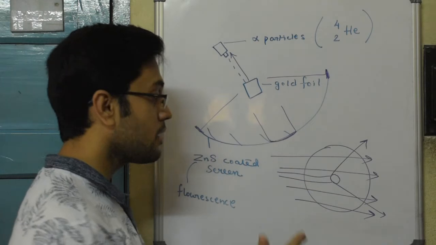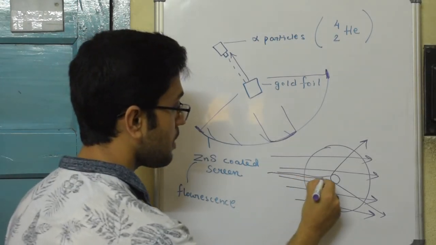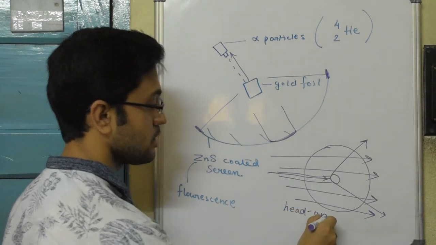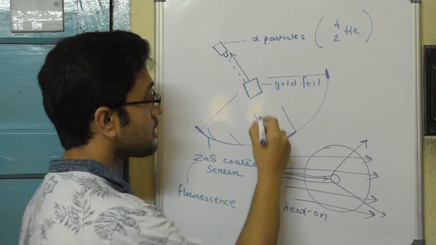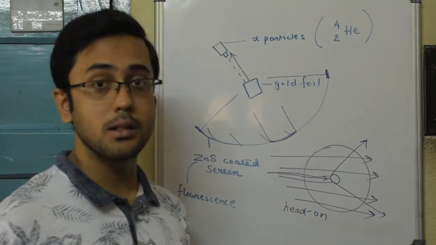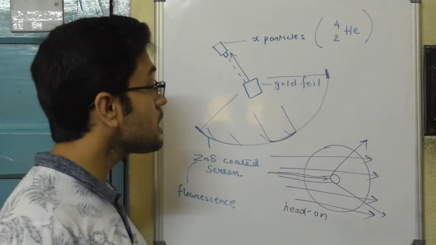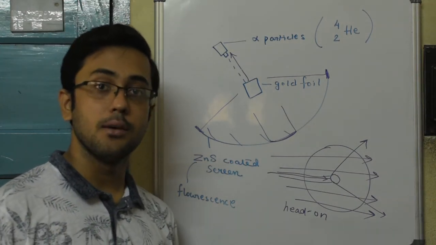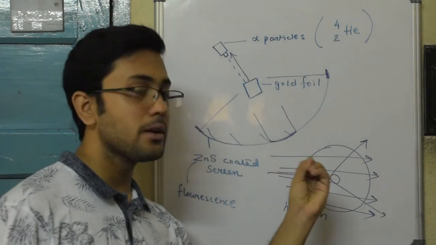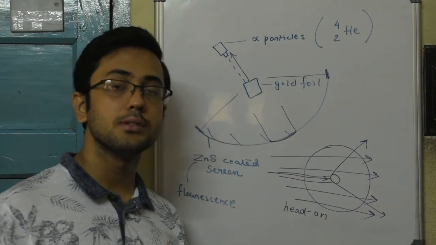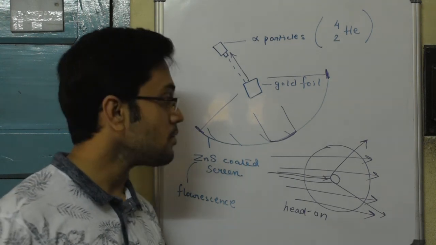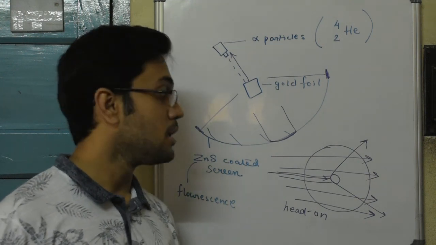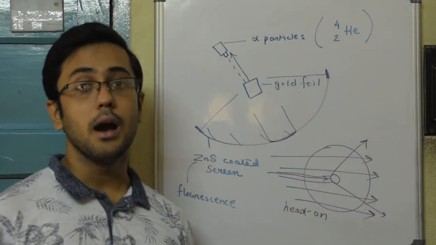And in the rarest of the rare cases, it so happened that some of the alpha particles went on to collide head-on with the nucleus, a head-on collision. And in those cases, the alpha particles returned back. They retraced their path. So from this, Goldstein came to the conclusion that an atom is mostly empty. In an atom, the positive charge, that is the nucleus, is concentrated in a very small region, and the electrons are very far away from the nucleus. He also came to the conclusion that the nucleus is the seat of the positive charge because it was repelling away these alpha particles.